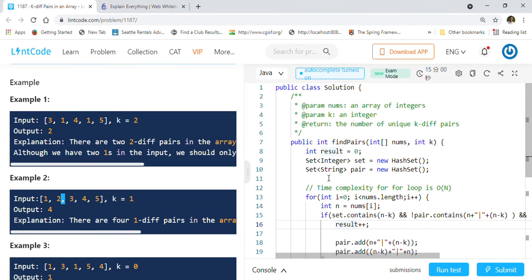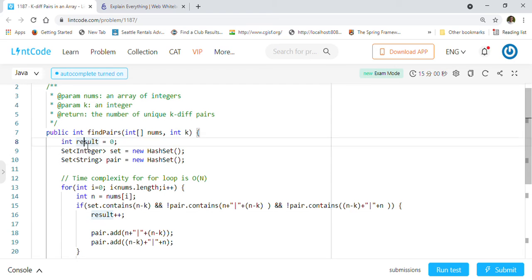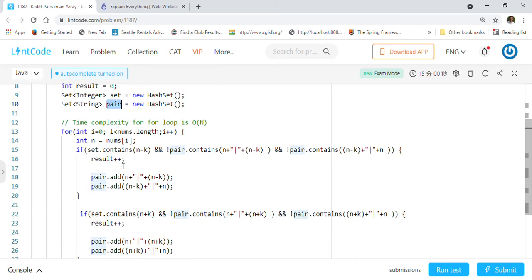So let us look at the implementation quickly. As you can see, first we have defined result as 0, and we created two sets. One is a set to hold the values that we have seen from the array nums, and the other is for pairs, these pair strings that I explained. We create hash sets here, and we are going to iterate through the array.